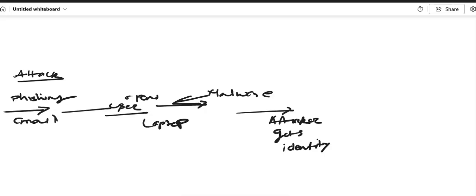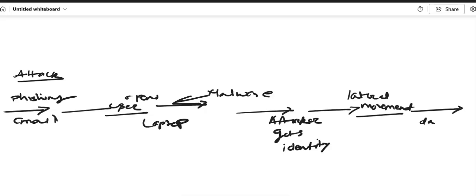Now the attacker uses the identity to do the lateral movement, and it will attack or gain access to other systems. Now the attacker gets and exfiltrates sensitive data, compromised. Okay, now if you see,